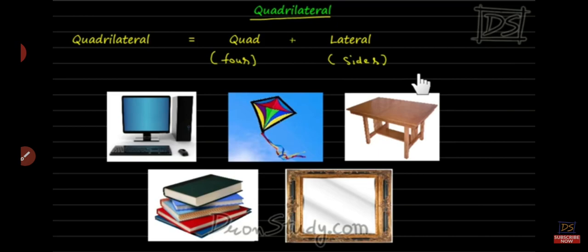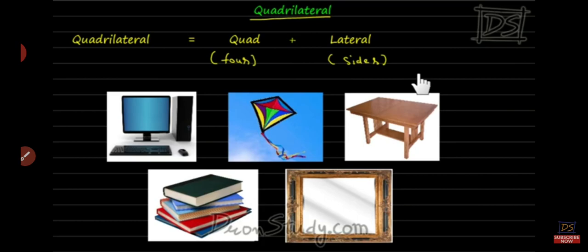Now first of all, we have learned about square and rhombus. The similarity of square and rhombus is that the sides are the same. Means in a square all the sides are the same, and in a rhombus again all the sides are the same. But in a square all the angles are 90 degrees, but in a rhombus not all the angles are 90 degrees, because in a rhombus opposite angles are equal. In a square all angles are 90 degrees, and in a rhombus opposite angles are equal.